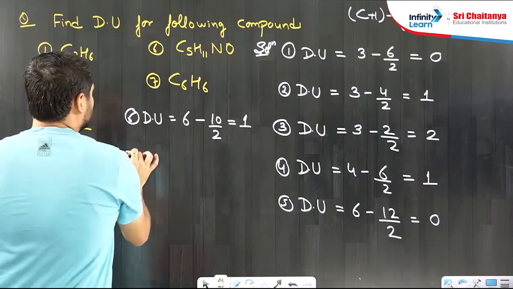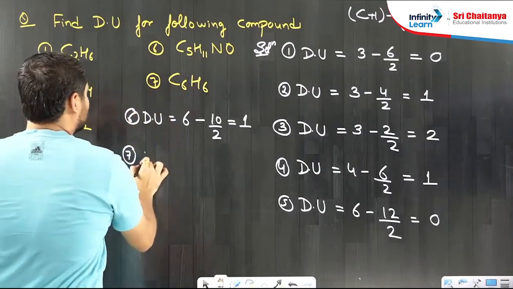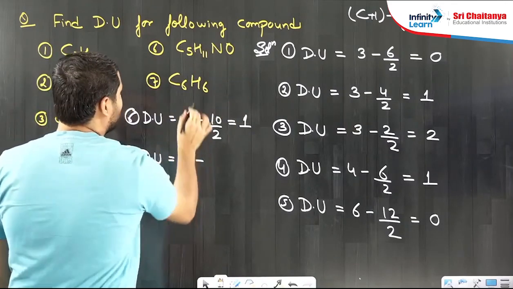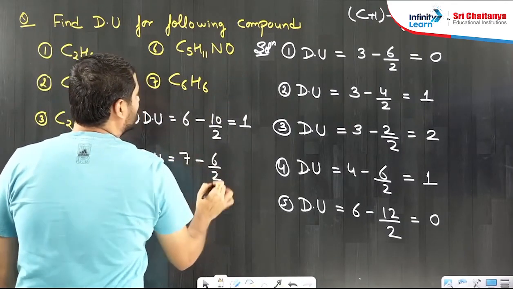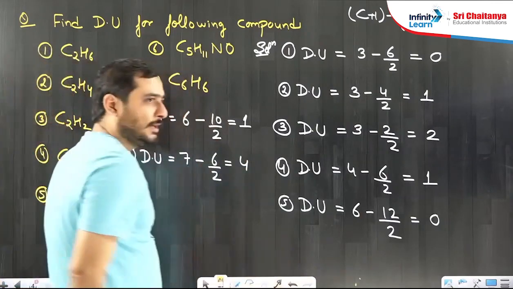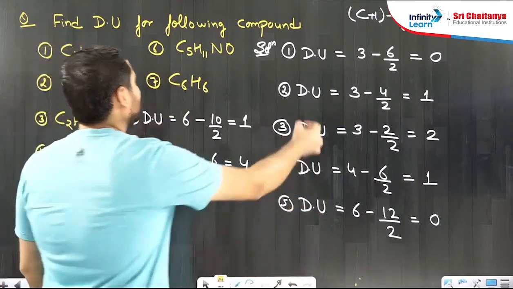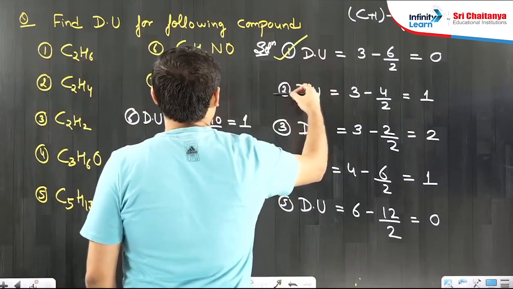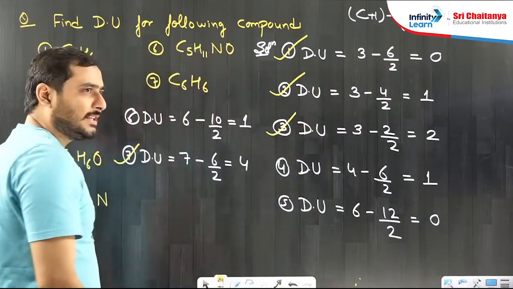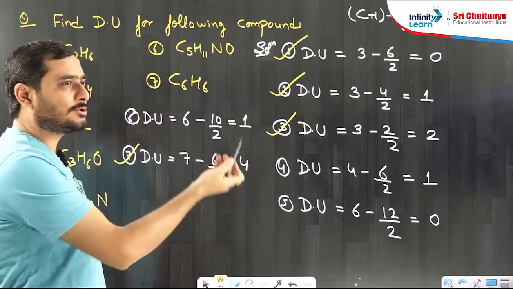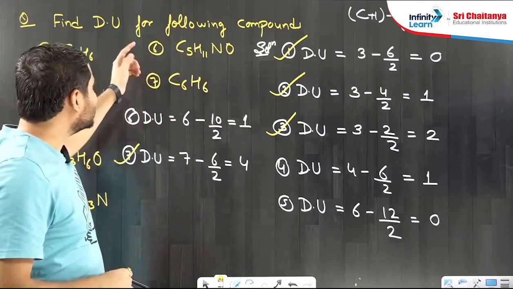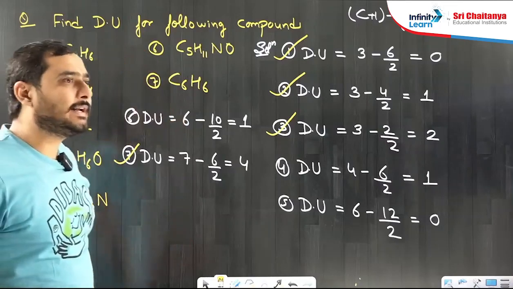Here. Now next part. C6H6. How many carbon atoms? 6. 6 plus 1, 7, minus 6 divided by 2, 3. So 7 minus 3. What is degree of unsaturation? 4. And if you check these structures, that is ethane, ethene, ethyne and benzene. These examples we have done from structure also. So this is first type of question where molecular formula is given and what we have to find degree of unsaturation.